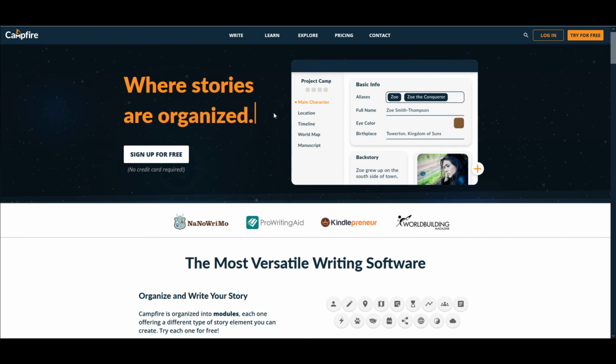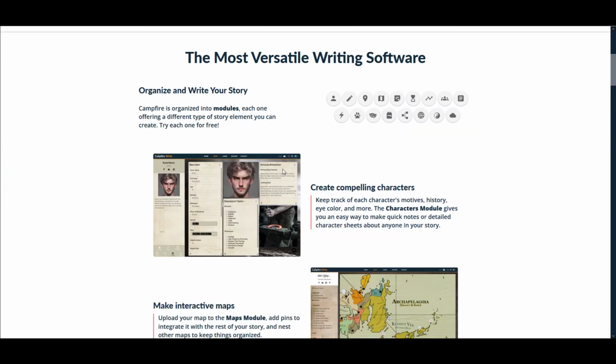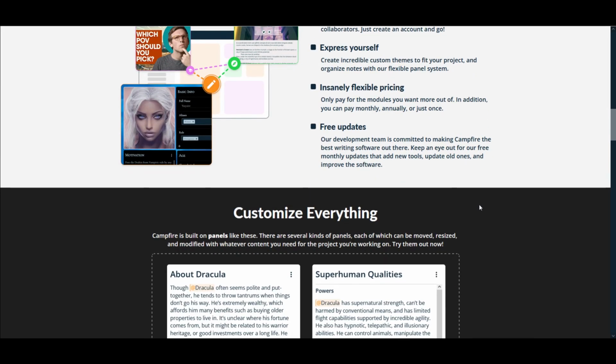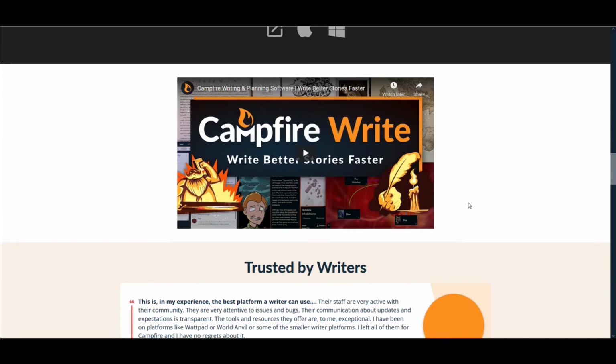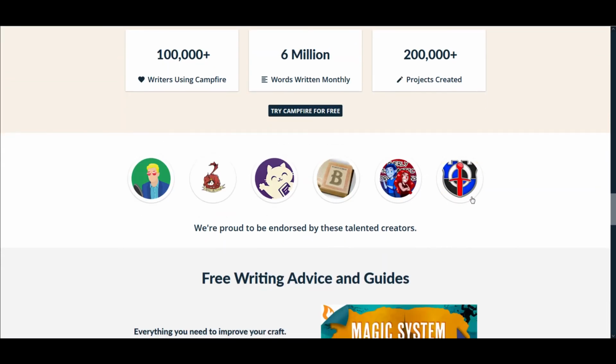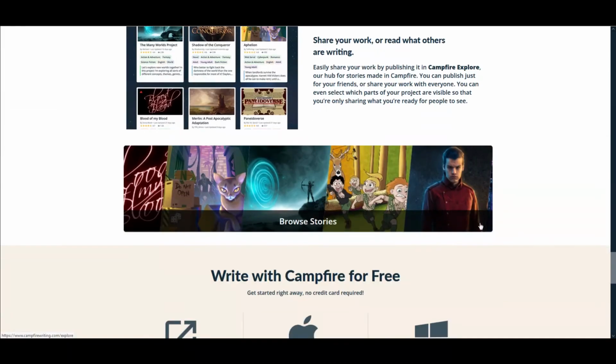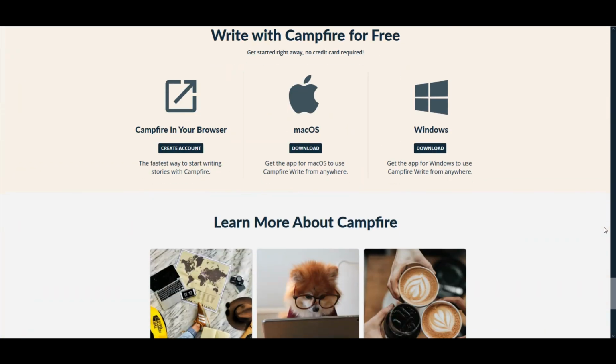You don't really need the coupon for this. I mean, Campfire is one of those tools where you either know you want it or you don't. If you are an epic writer, if you are a game designer, that's story based, this is an essential tool. This isn't even a matter of, well, it might be nice. If you write Game of Thrones style fiction, if you write Lord of the Rings style fiction, or if you write RPGs, whether it's Dungeons and Dragons or a video game, whatever the case may be, it does not matter. This is your